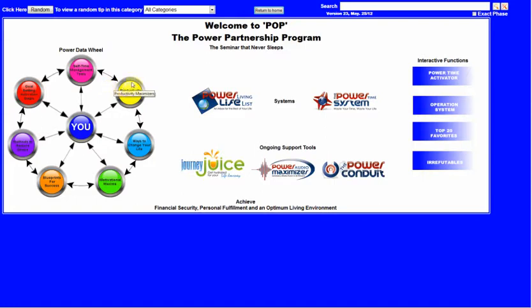But let's give you what we call the 30-second elevator speech preview of POP. Over here on the left side we've got the Power Data Wheel. We refer to this as the Power Data Wheel. We've got 7 individual topics here, categories. This is where you've got an accumulation of about 30 years of my experience,